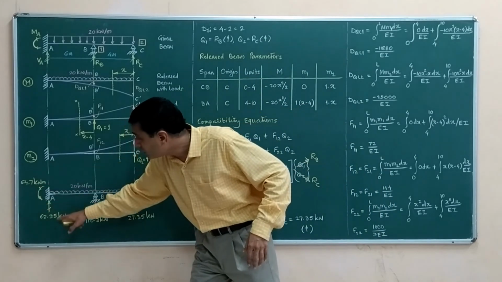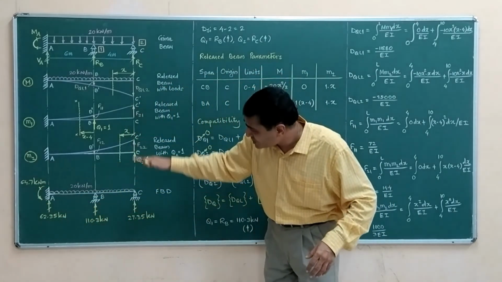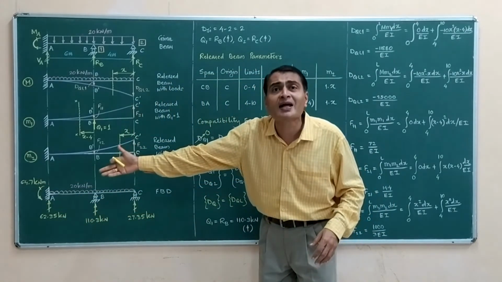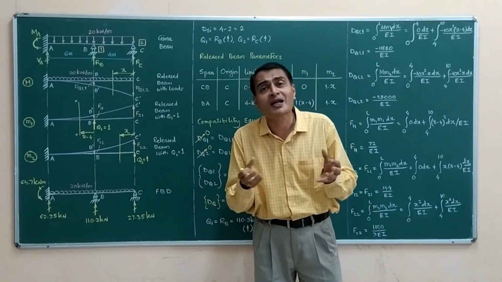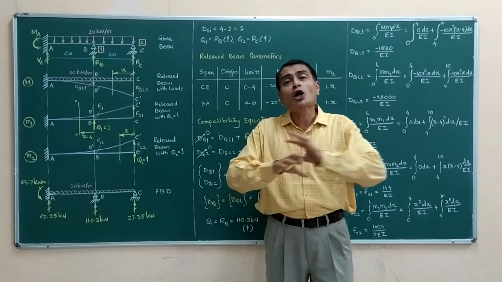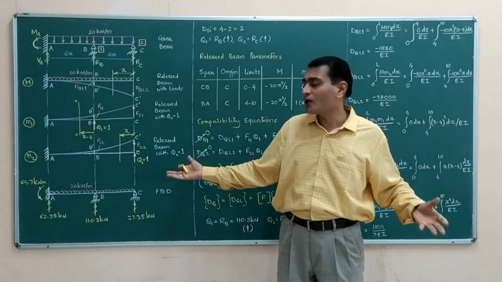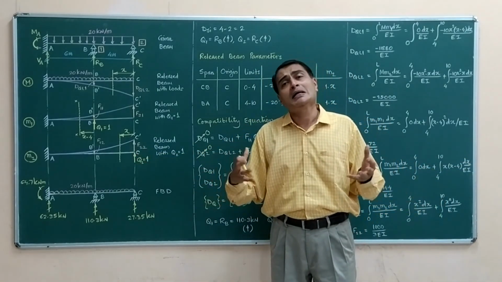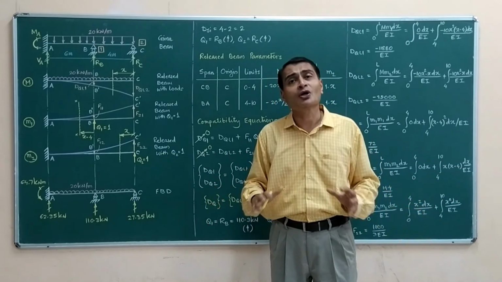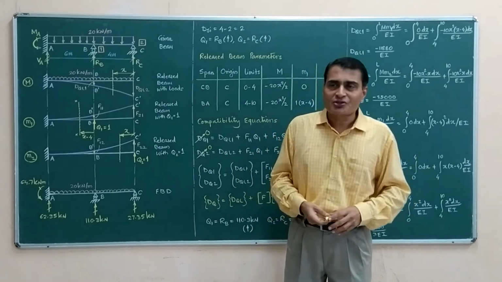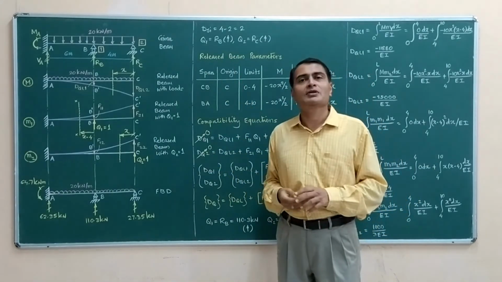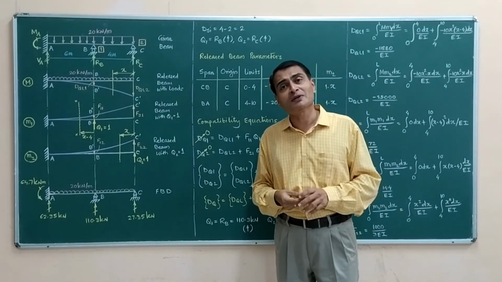But when you draw the FBD, these two you have just now succeeded in determining. MA is unknown, VA is unknown. Apply sigma Fy equal to 0, you get the answer for VA. Apply sigma M about A equal to 0, you get the answer for MA. All unknowns are found. Then you can go for SFD, BFD, deformed shape or elastic curve or whatever. So yes, this is how we solve a problem by the flexibility method.